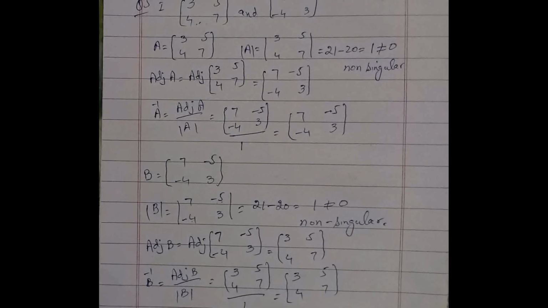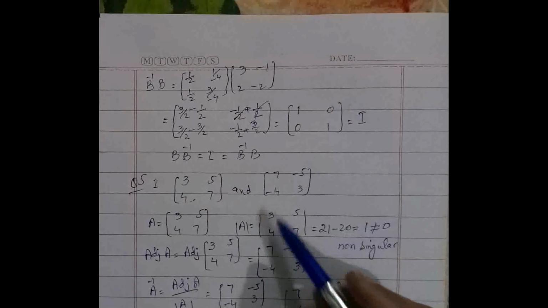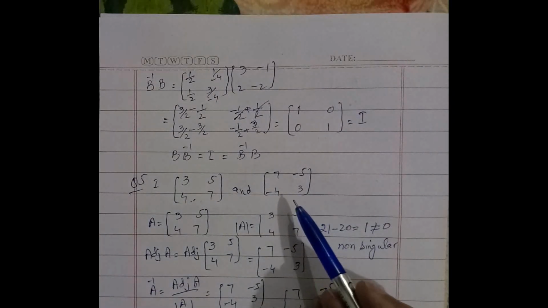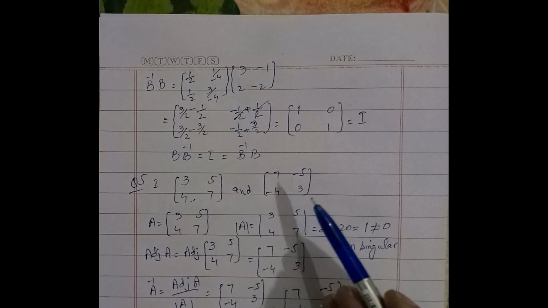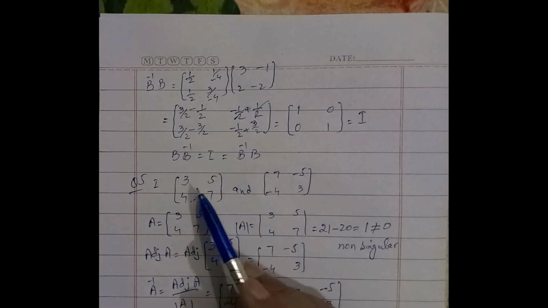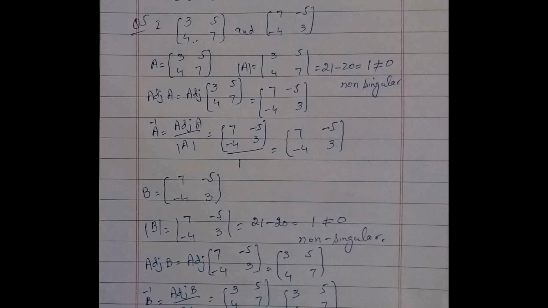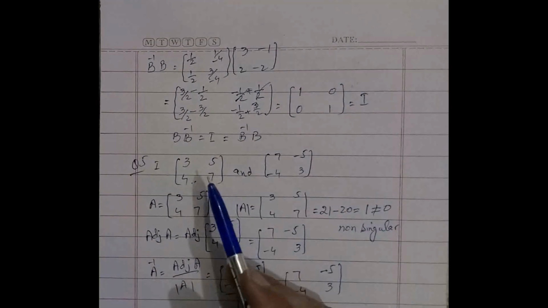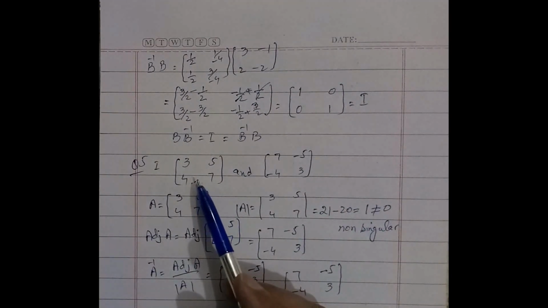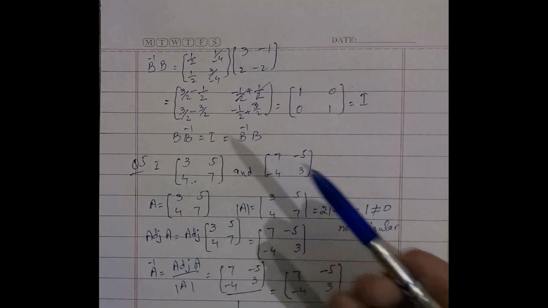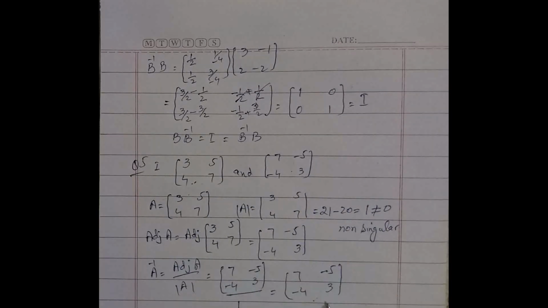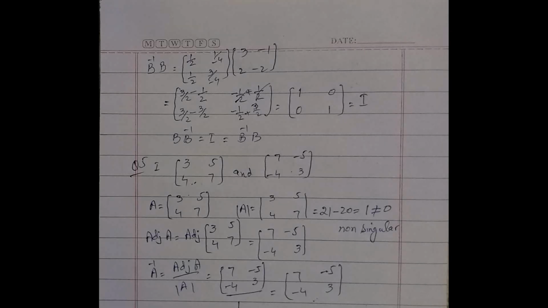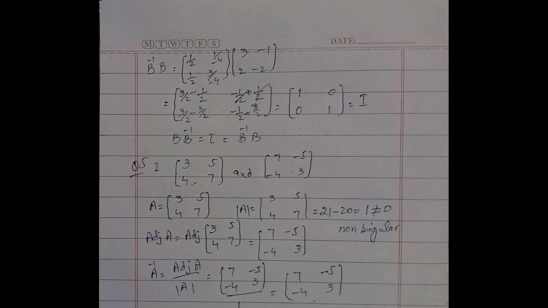And here we also saw that the multiplicative inverse of the second matrix is equal to the first matrix. So it is verified that the two matrices are multiplicative inverses of each other, and similarly we